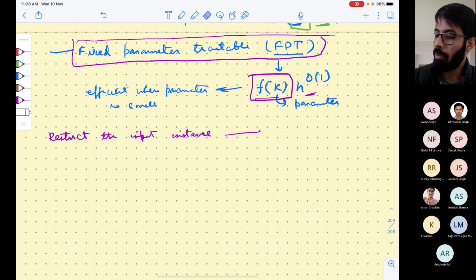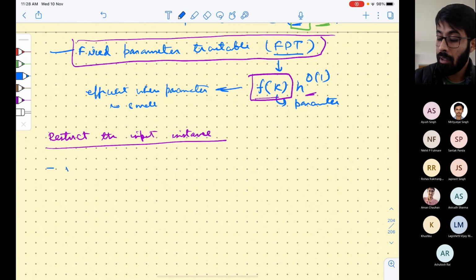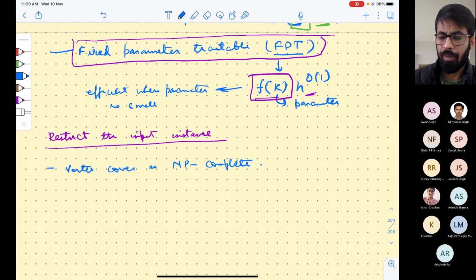Just restrict the input instance, right? For example, did we see an algorithm for vertex cover on bipartite graphs? I think we didn't, right? That was by matching. Yeah, matching. We saw the matching. But in bipartite graphs, there is this theorem which says that